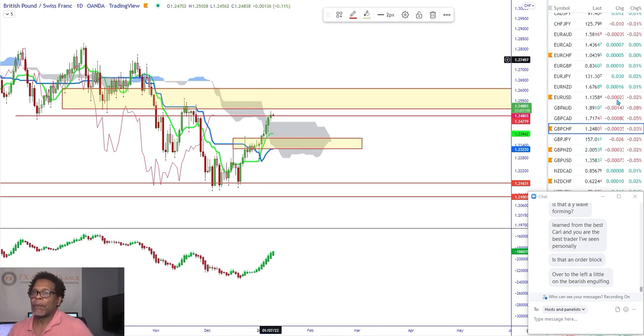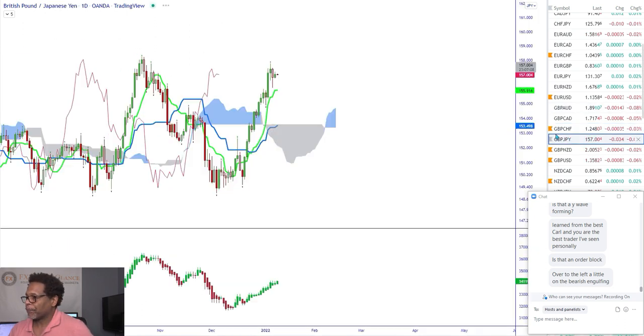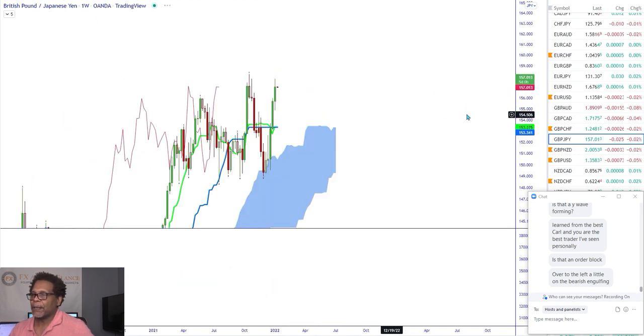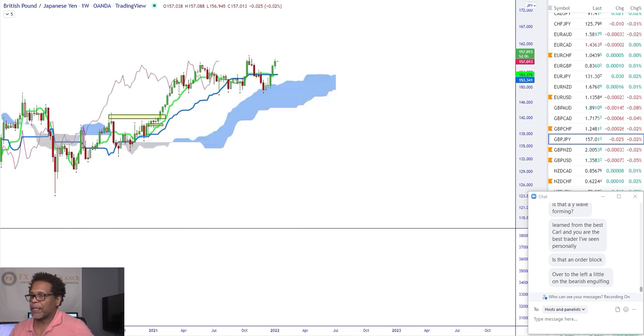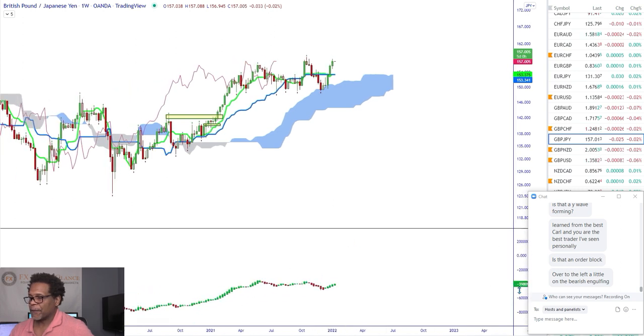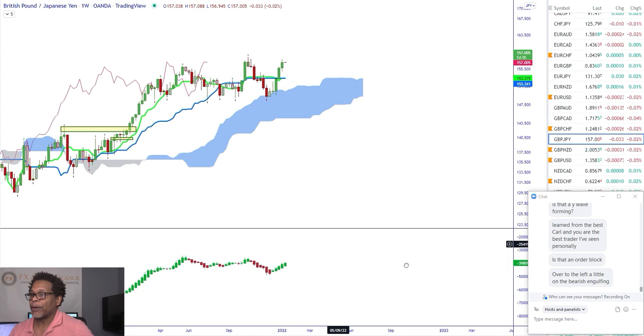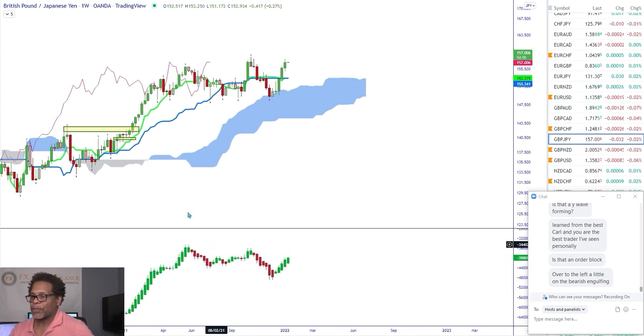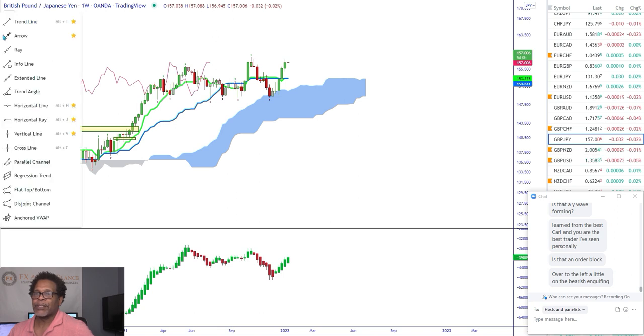Okay, let's go to pound yen. Pound yen, let's look at the weekly. Pound yen weekly. Failing to break this high. Let's see what we got going on here. Might be seeing some divergence. Might be giving us a clue here. All right, we're starting to see divergence. So what this is showing me,